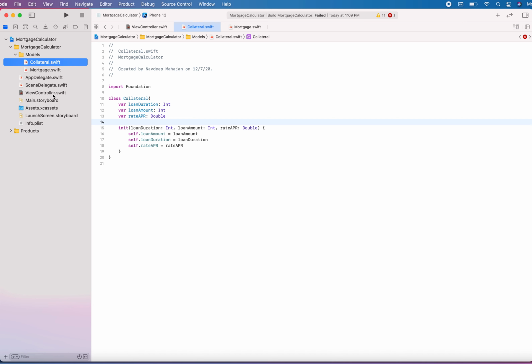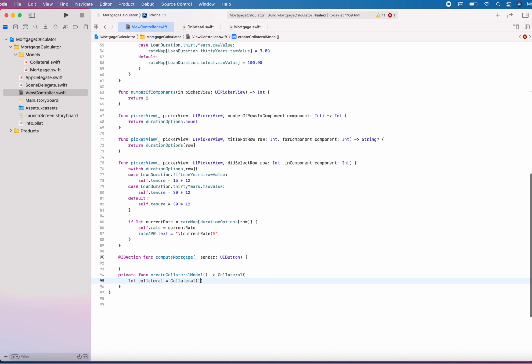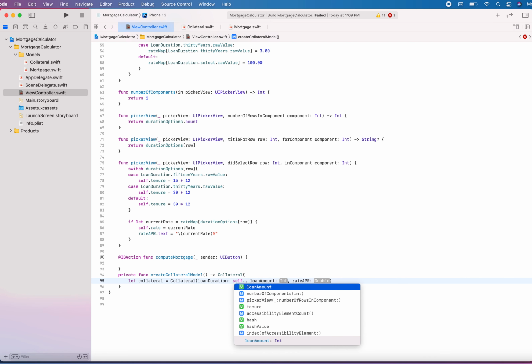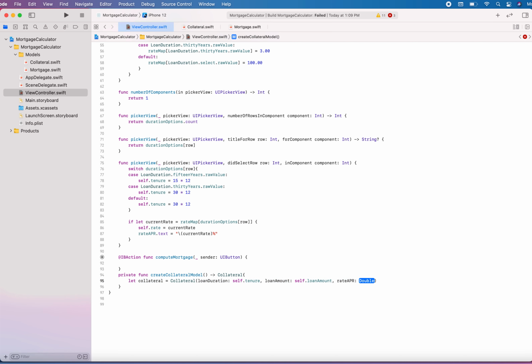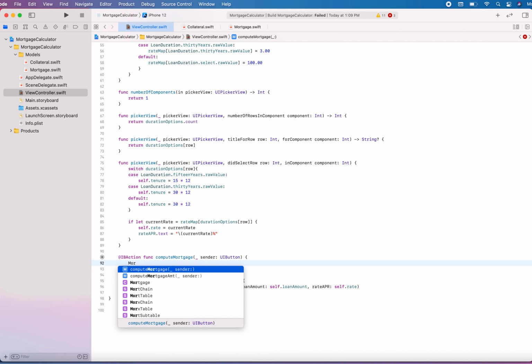I have to go forward and define the loan duration, and the loan duration is going to be self.tenor. Loan amount is going to be self.loanAmount, and the rate is going to be self.rate. Since I'm just creating the constructor, I can just return it directly here. So now in my compute mortgage button, I can get hold of the collateral model, and I can go forward and call compute mortgage. So in my mortgage class, which was defined,